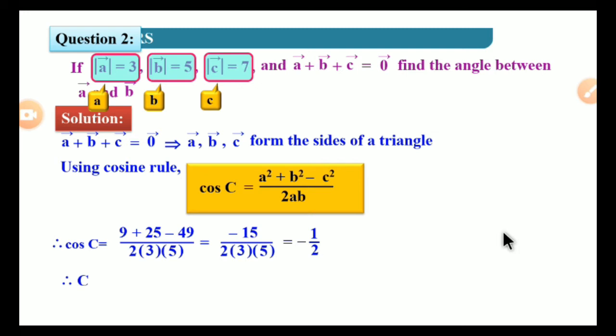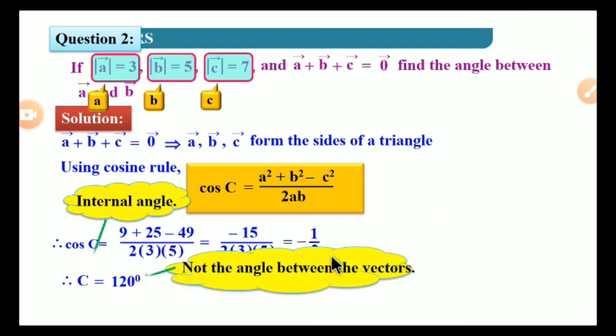Therefore in the next step C is equal to cos inverse of minus 1 by 2, or else here the internal angle is 120 degree. It is not the angle between the vectors, it is the internal angle, because we have to find out the angle between the vectors A and B. Therefore the angle is 120 degree,